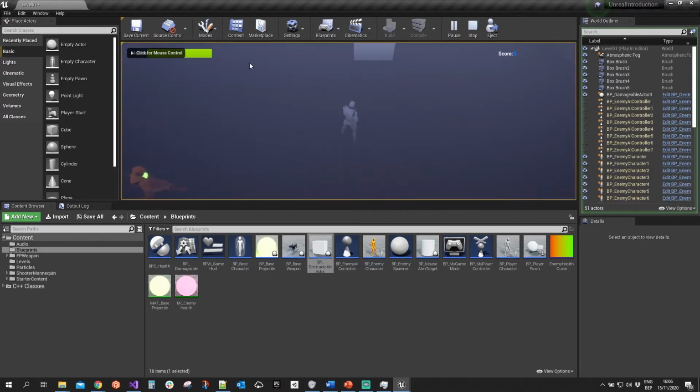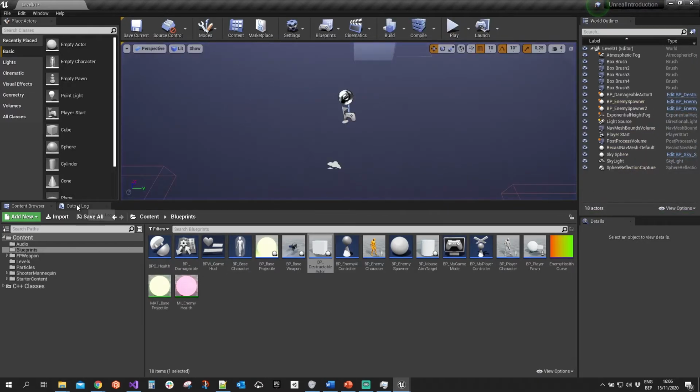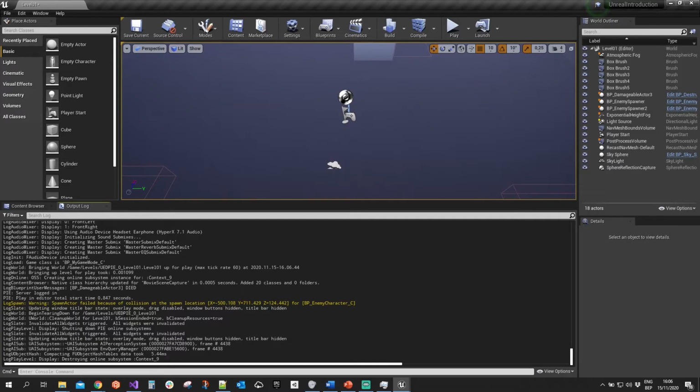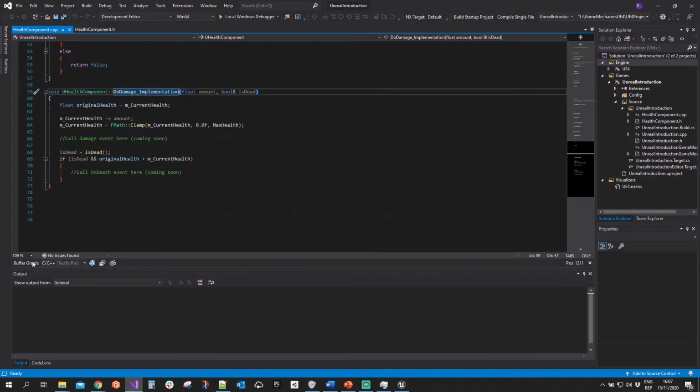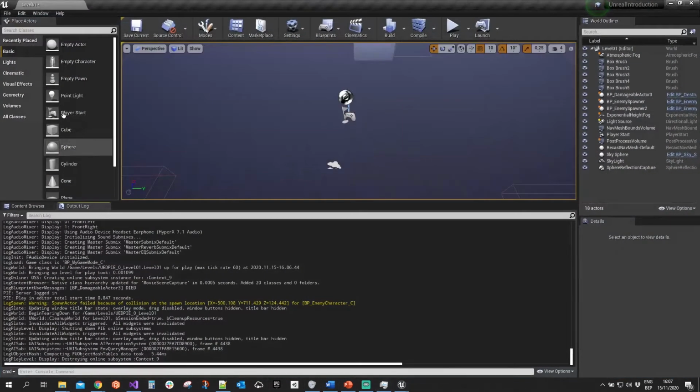Oh, I died. There we go. If I check my log as well, you can see my damageable actors said died. So that code seems to be working. Good. So moving forward,